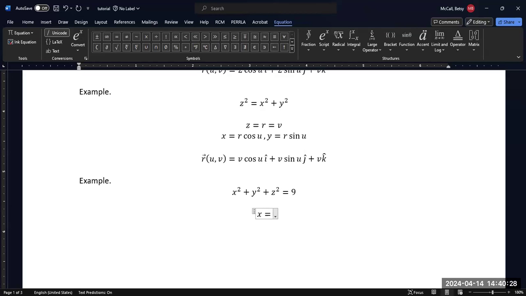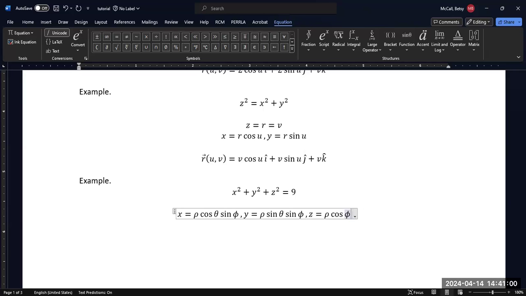So recall that our x coordinate is equivalent to rho cosine theta sine phi, and y is rho sine theta sine phi, and z is rho